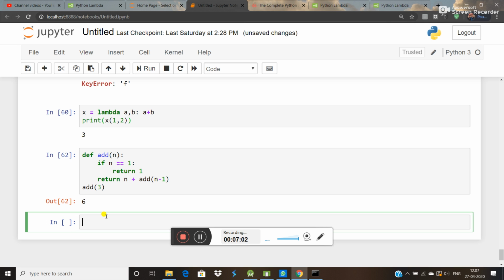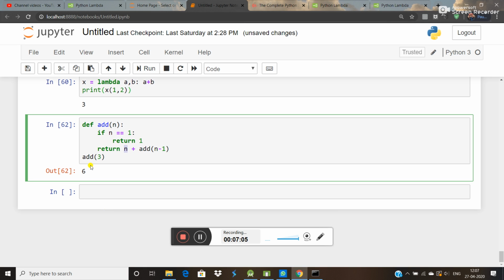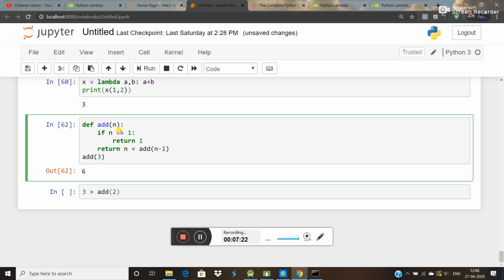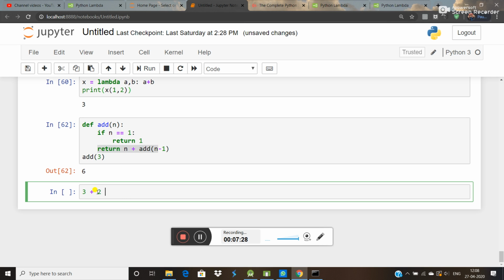Now I'm going to tell you what recursion is. First of all, here we call this function add of 3, so here n is equal to 3, so the first branch will not execute, and this will execute. So return n, that means 3 plus add of 2. Now 2 is also not equal to 1, so further this will execute. This is 2 plus add of 1, and we know that the value when n is equal to 1 is 1. So here 1, and like that we can add all the things. So like that we use recursion.